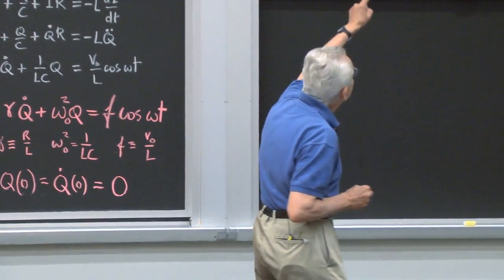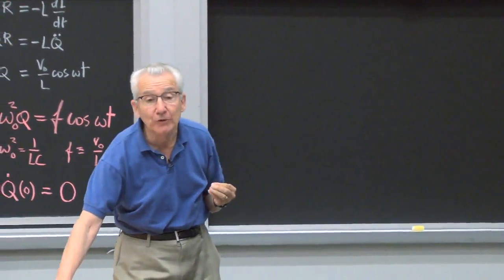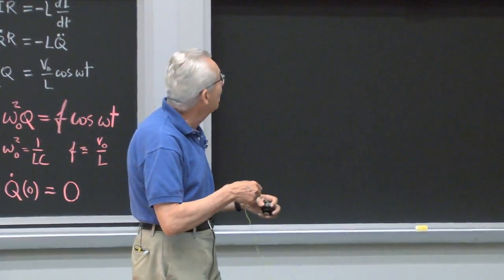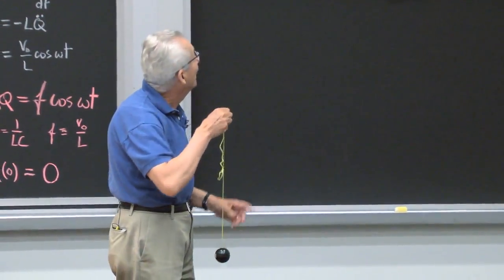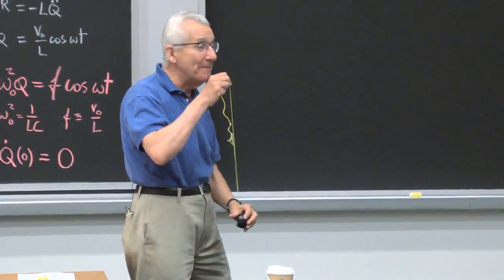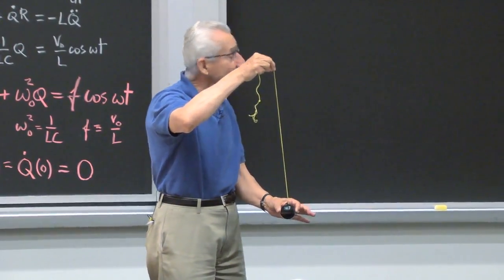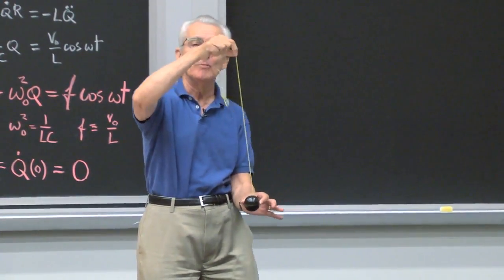Okay, so this is the assumption, and what is the question? What do I want to predict? I want to now take a very specific situation. I want to take a situation that at t equals 0 initially, the mass is stationary. Okay? And it's exactly below my hand.